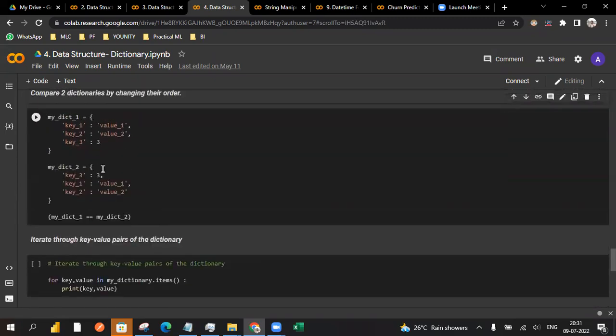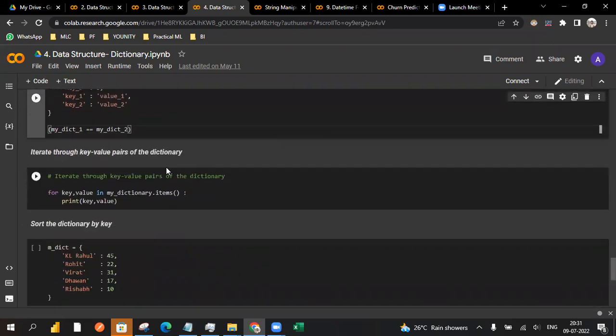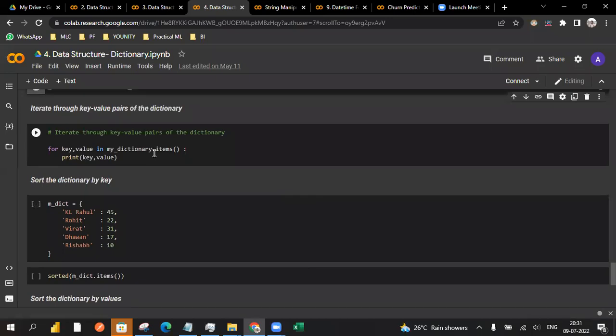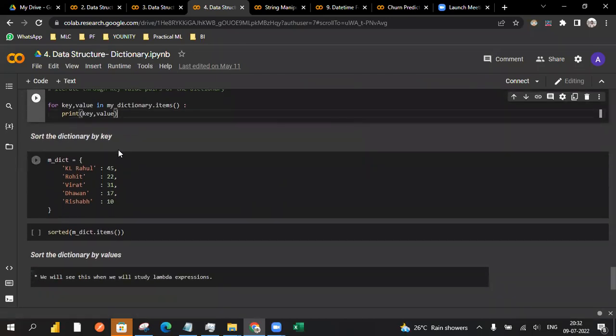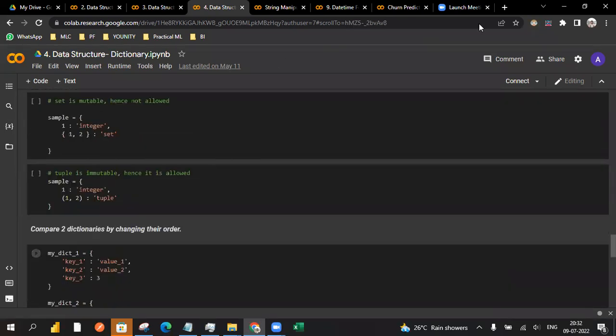Yeah, so you can also compare by using the compare operator. You can also directly specify the keyword called comparator. That also works out well. And for iteration, you can also pass by using the for loop. And sort is also going to be helpful with the dictionary we had. If you want to sort some of the values, then you can sort by using that. Sorted is a keyword, right? Yeah, then